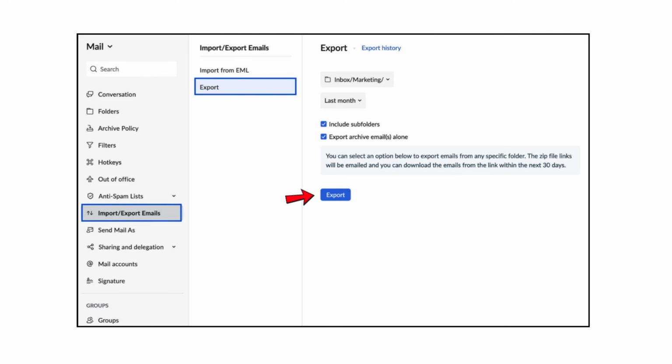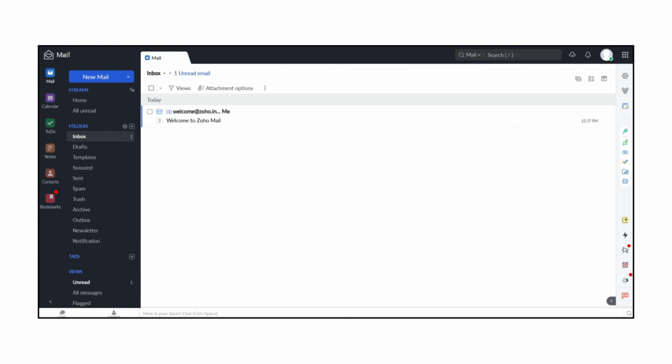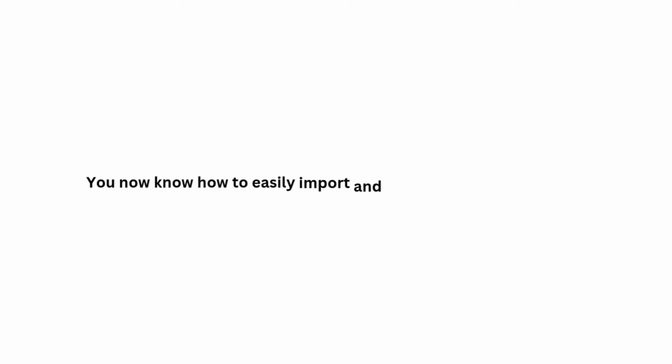Click Export to begin. Once complete, you'll receive a notification email with a download link to your exported zip file. Make sure you're logged into Zoho Mail before accessing it. And that's it. You now know how to easily import and export emails in Zoho Mail, keeping your inbox organized,